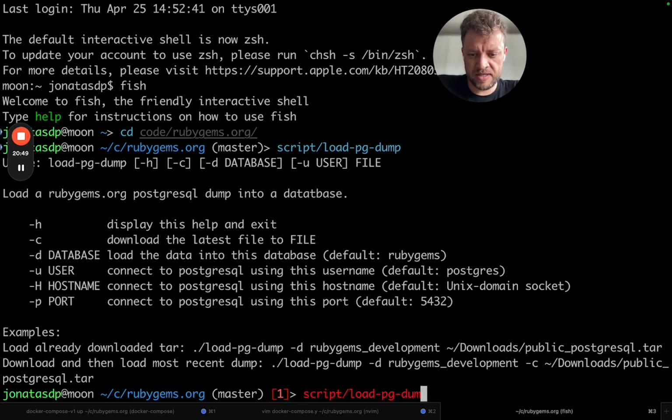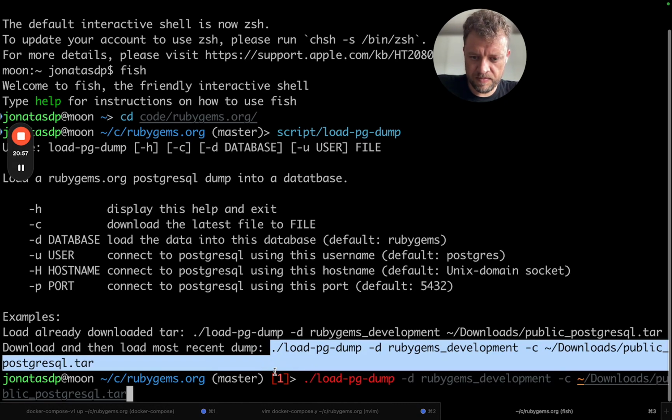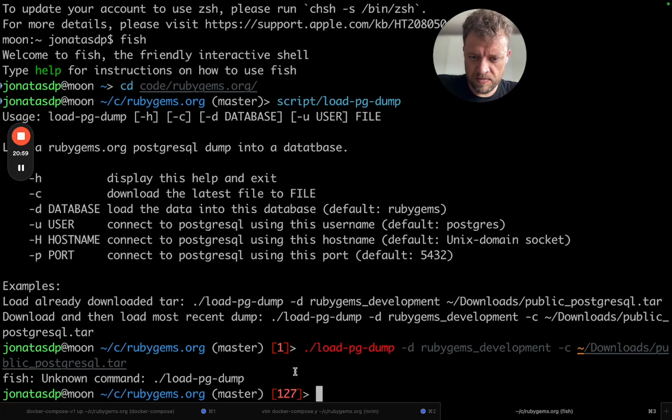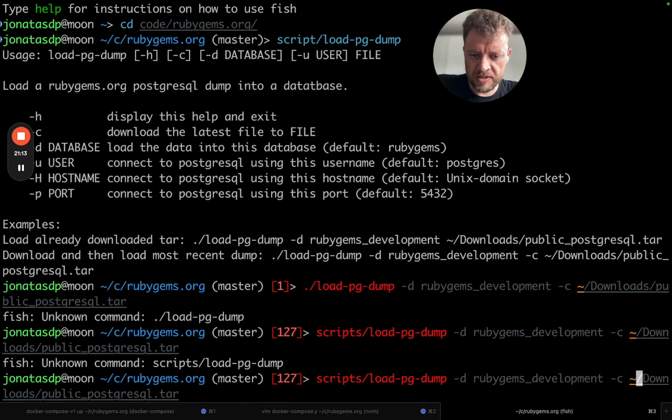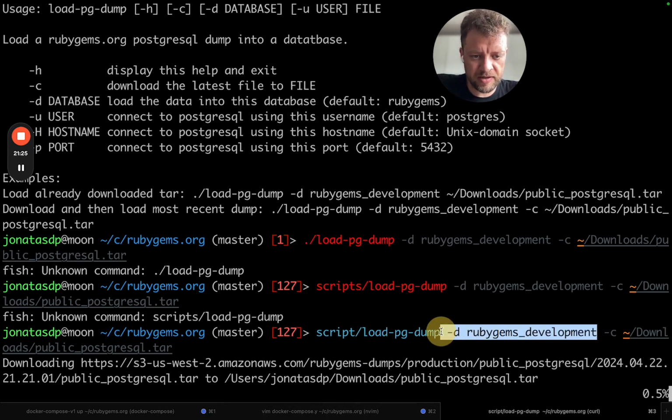Let's get this. This line looks like the one we are looking for. Oh, it's not script. Sorry. Yeah, so now we are downloading the latest file and we are going to load it into the database